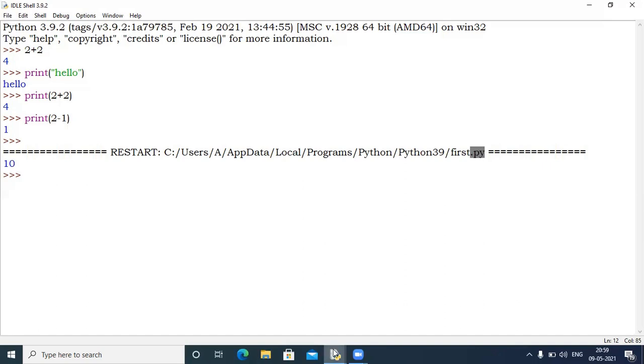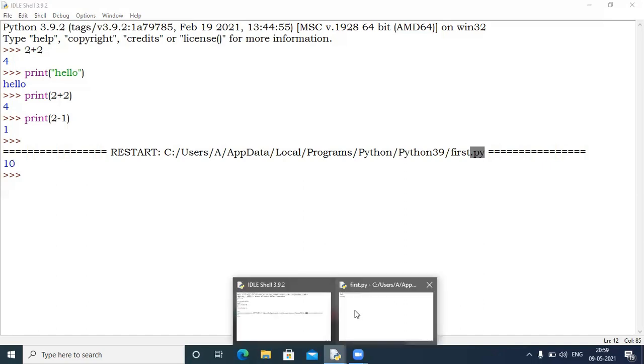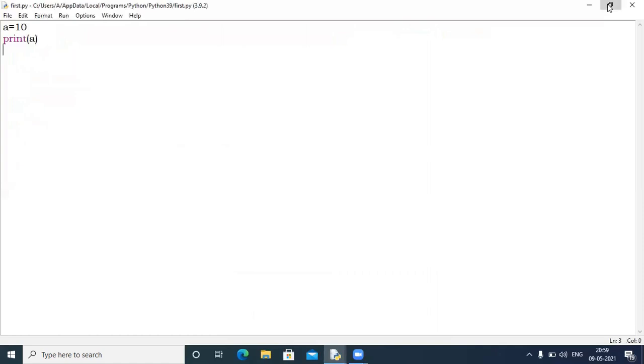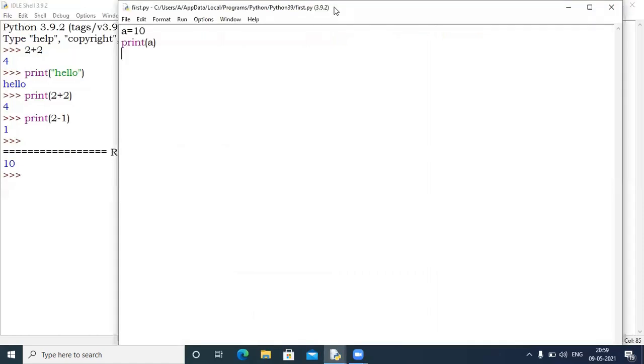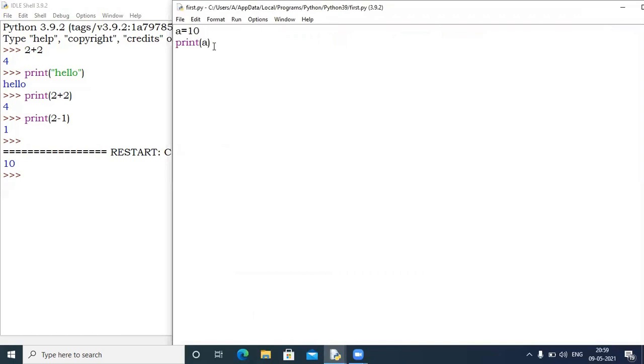What is 10? Let me show you my file here. If you can see both the things. Yeah. So it's showing A equal to 10. And when I say print A, A means it will display the value of A. Now in the next line, I want to display A along with my value.